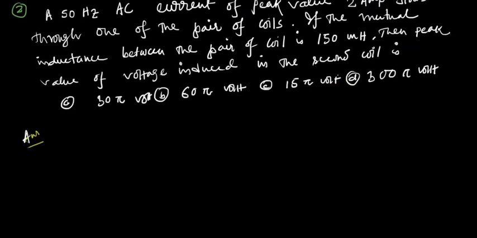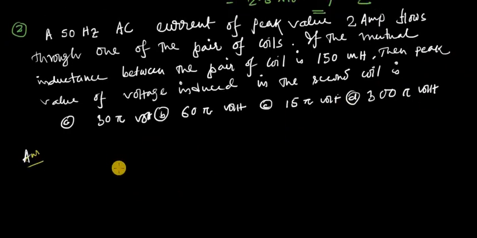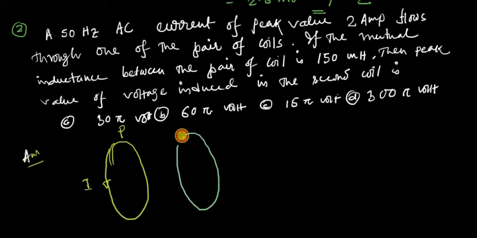Suppose this is one coil, this is our first coil. This is called the primary coil. A current is flowing through this coil along this direction. And there is another coil. This is called our secondary coil, and between these two coils,